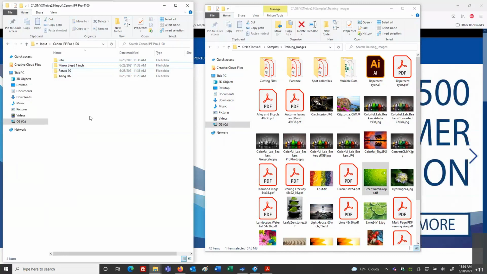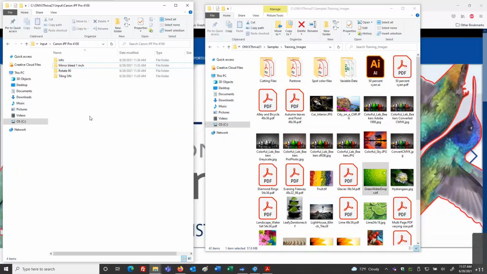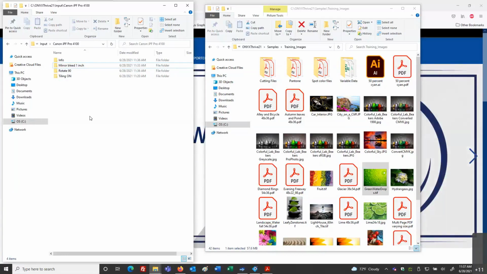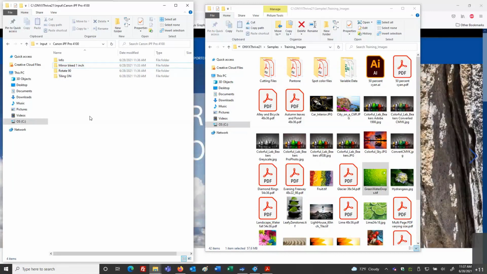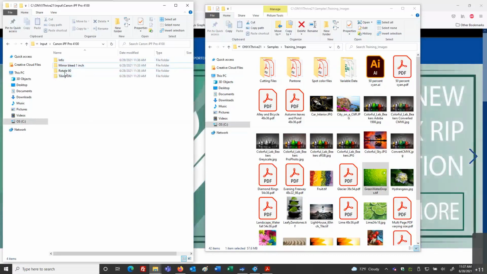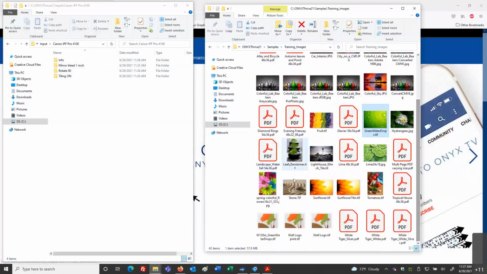And it's going to come into the RIP as if we said open, use the rotate 90 or the tiling or the mirror bleed, use this quick set attribute. But instead of going into open at the RIP queue, I've got my desktop team or some other team of people that are taking the pre-prepped files, the pre-flighted files, and sending them over directly to the appropriate hot folder quick set for that printer model. So this can become very convenient in our workflows.